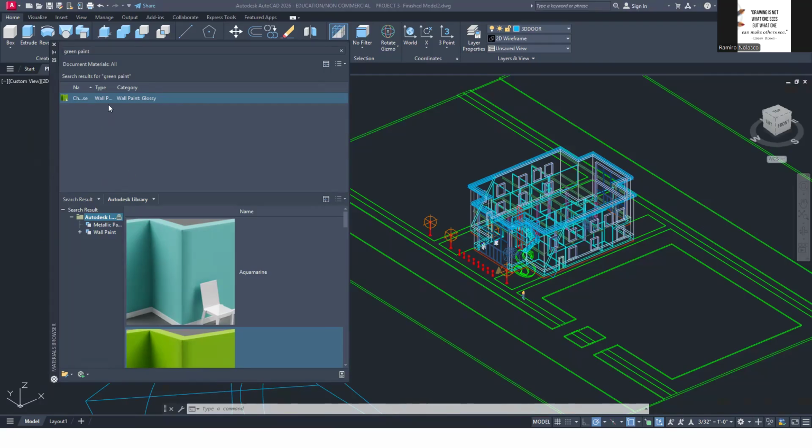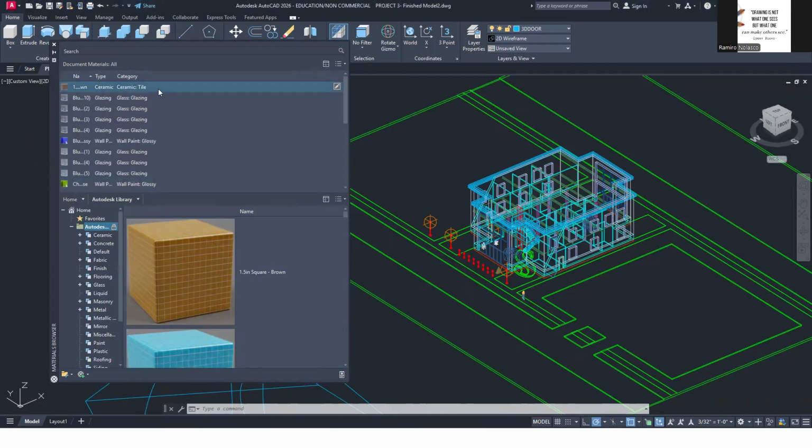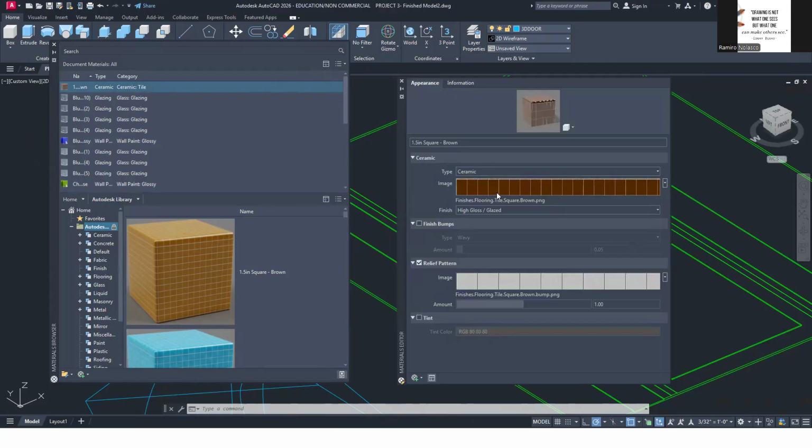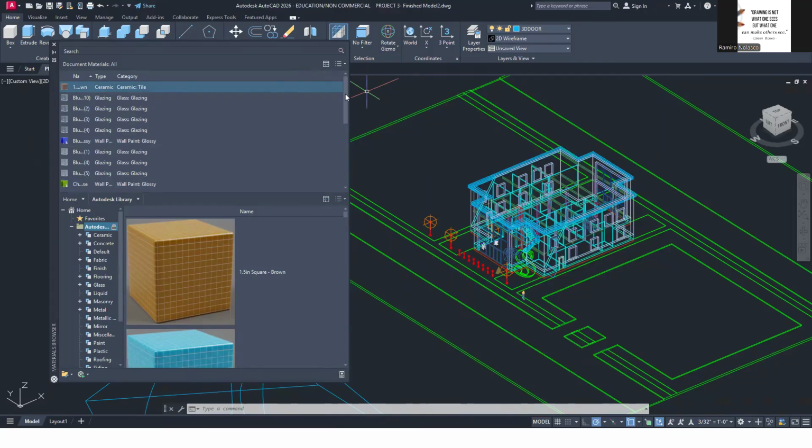Okay? So if you want to edit the material, well, not this green paint, there's nothing much there. But a material like this, if it's already up in your document, you can click the edit button. Now, but before editing a material, I highly recommend that you right click and, remember in Revit, duplicate it